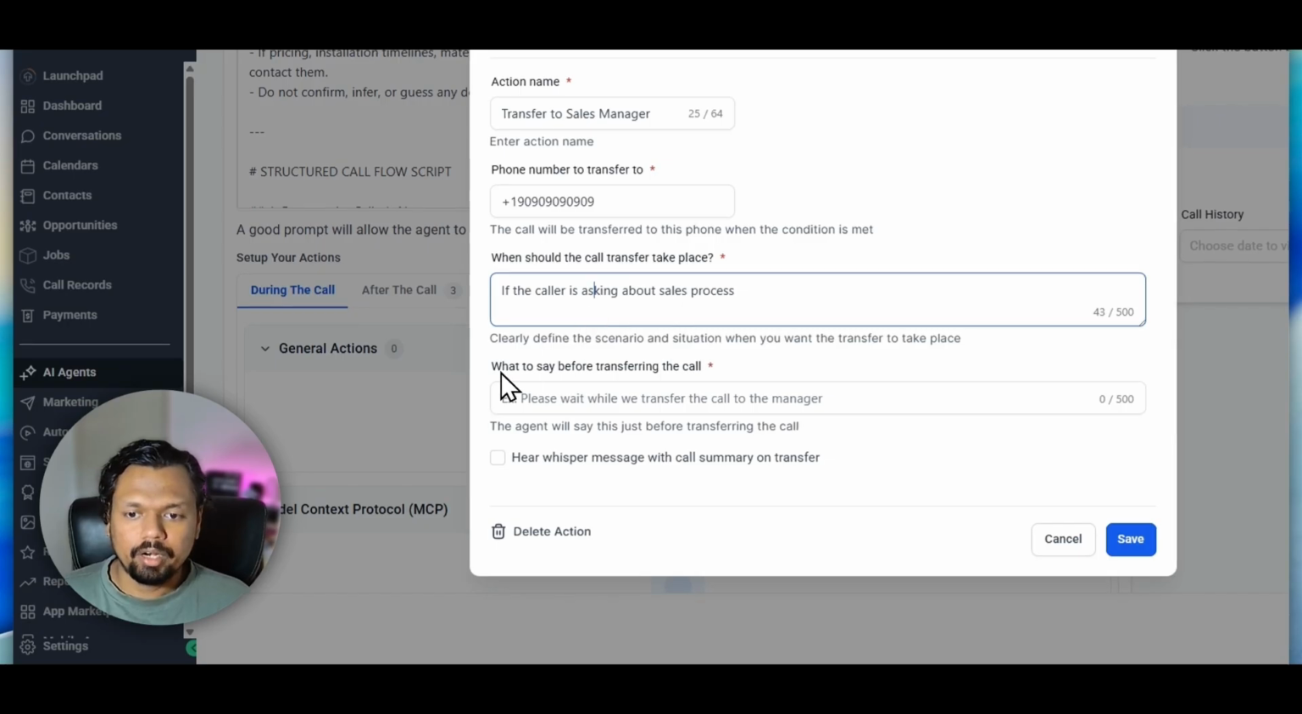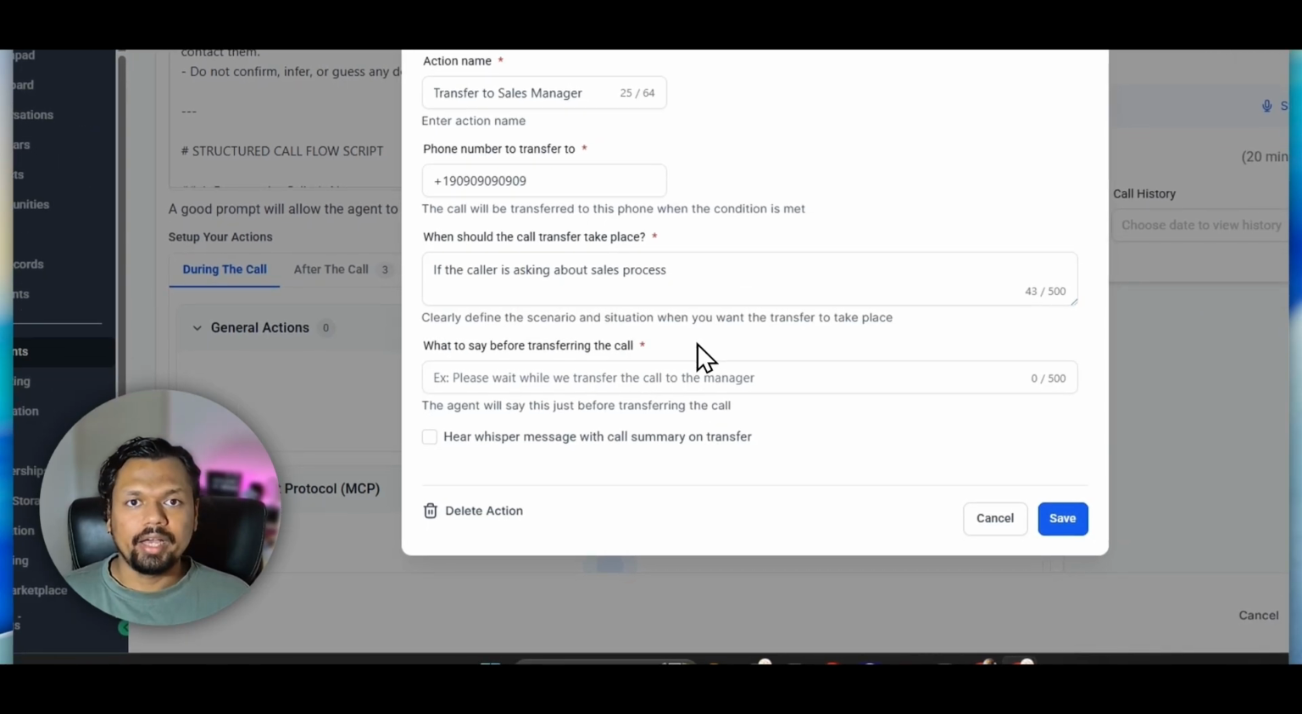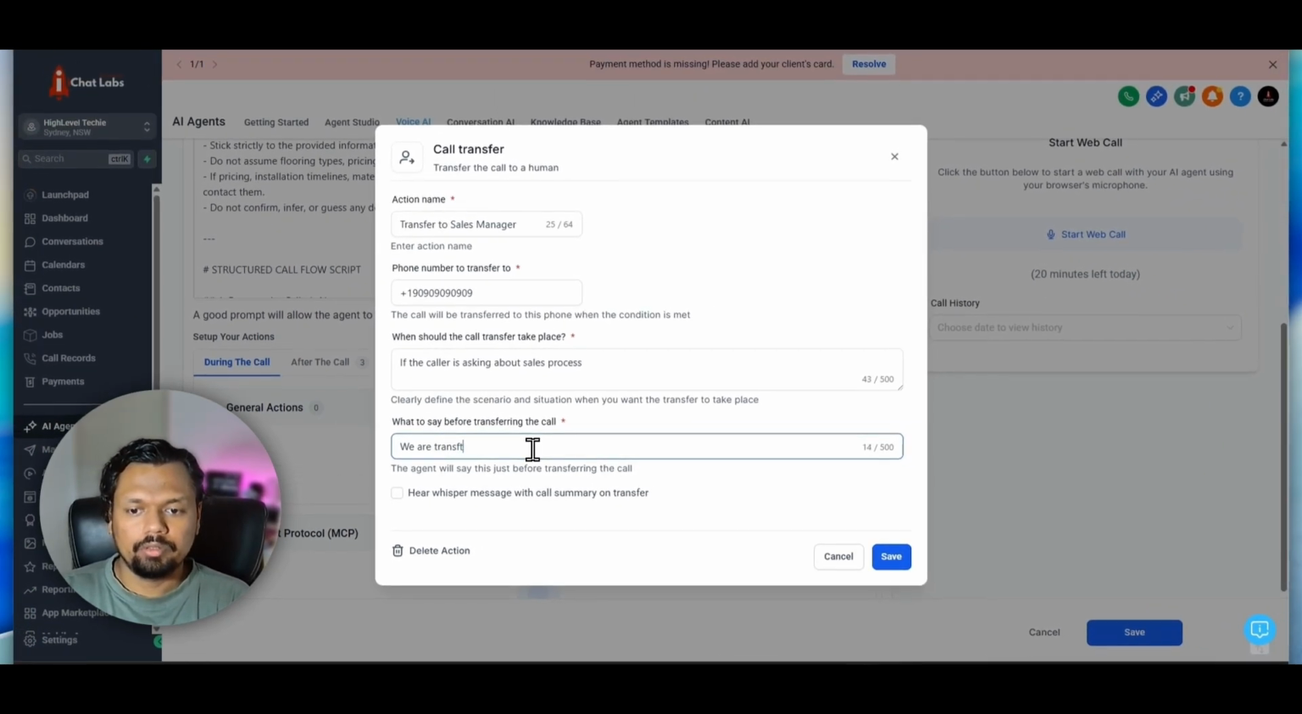And then comes the next part, which is what to say before transferring the call. So this is actually for the AI agent. So if you say that we are transferring the call to the manager, your AI agent will speak the exact sentence that you put in here when this